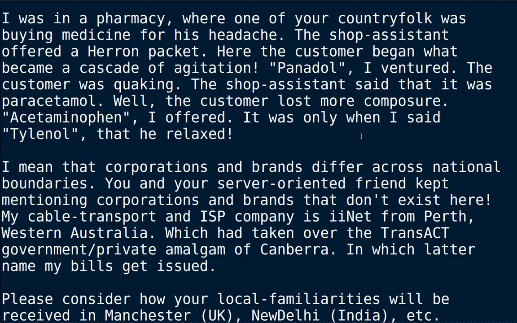And it really comes down to personality, which is why I thought the little story about being in the pharmacy there, where the guy was looking for headache medicine and the only brand he knew was Tylenol, which is an American brand, was fitting. Panadol, he didn't know what that was, but it's the same thing. That's kind of what happens to people when they start with Linux. It really is, especially Windows power users who are so used to being like, I can do anything with this system. I can make it do whatever I want to do.